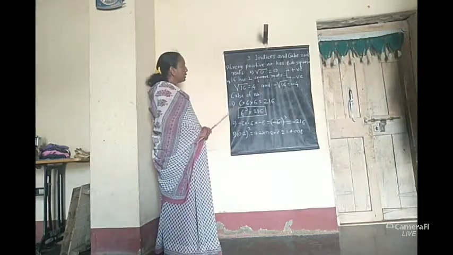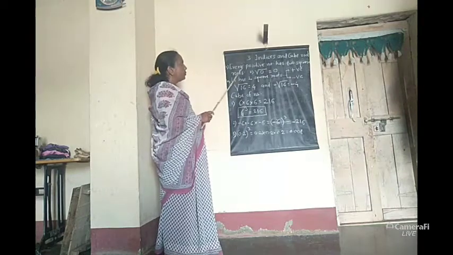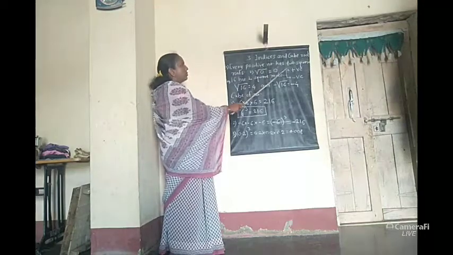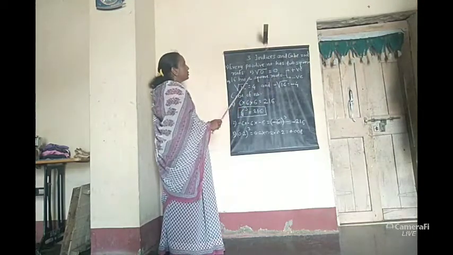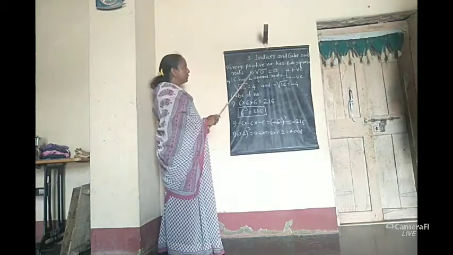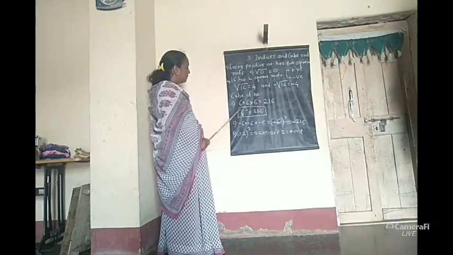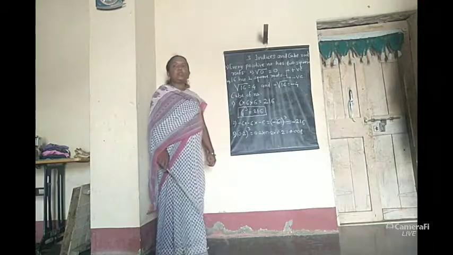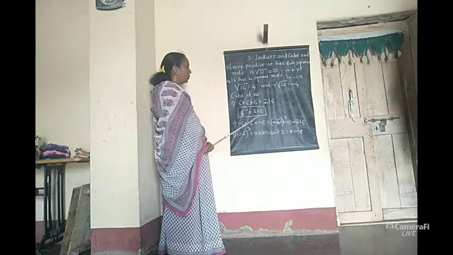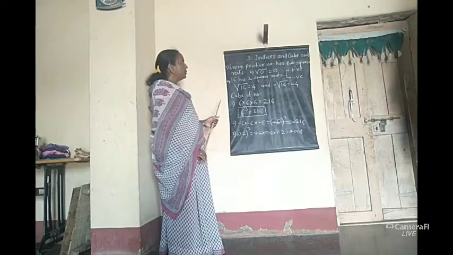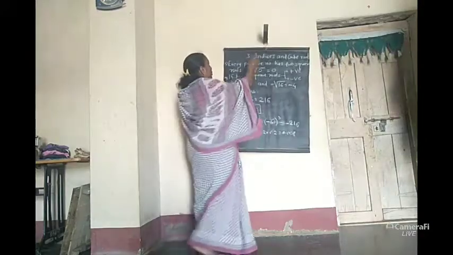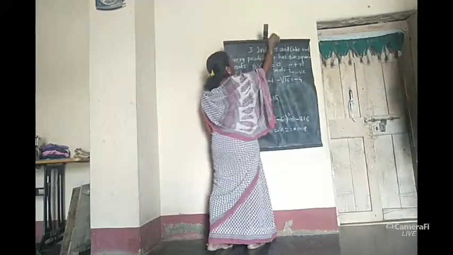See, the main points in this chapter are: every positive number has two square roots, that is the positive square root and the negative square root. The square root of 0 is 0. You have to remember these points. The next point is the cube of a number. When we find the cube of any number, we multiply the same number three times, and we can find the cube value of that number. A positive number has a positive cube value and a negative number has a negative cube value. Now we will solve problem set